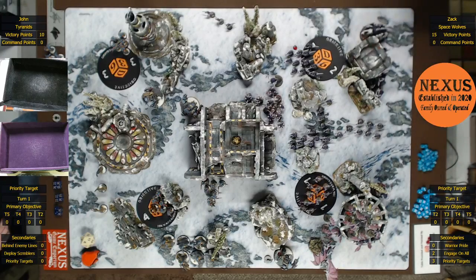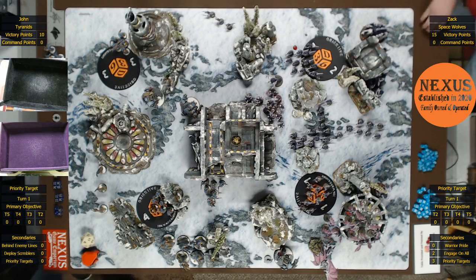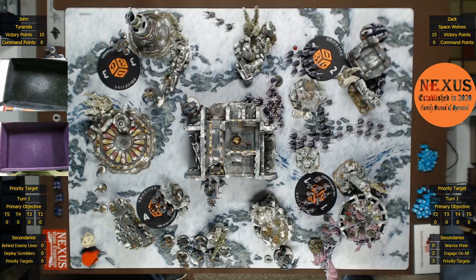Okay, so I have a couple of stratagems I want to use at the beginning of the shooting phase. I have 8 command points, and I'm going to start playing with a couple of them. The first one is going to be the one that allows the Exocrine to move and still fire. If I recall, that's called